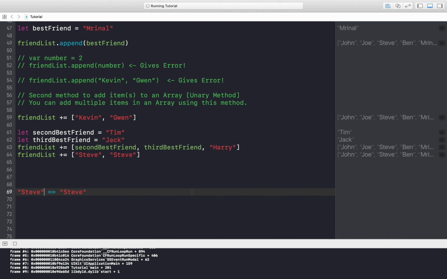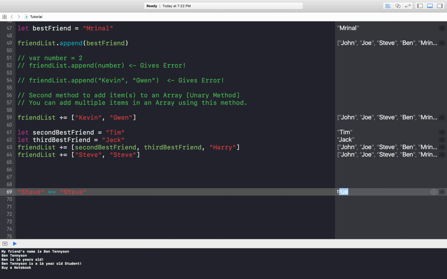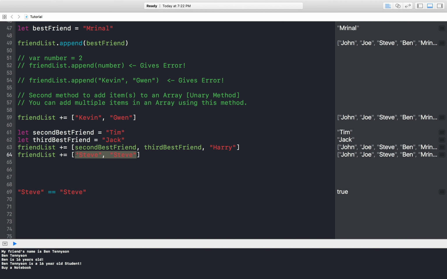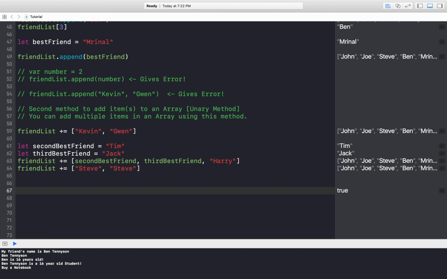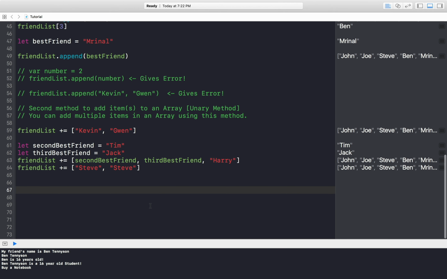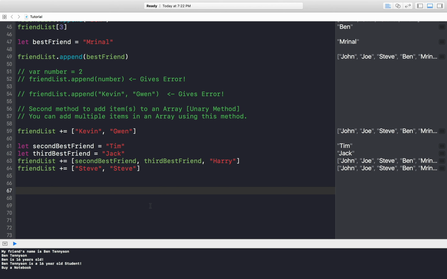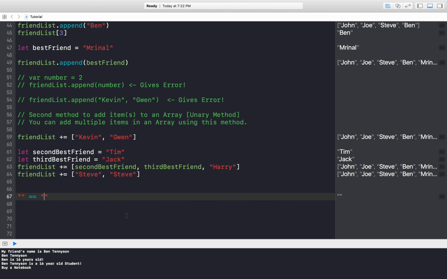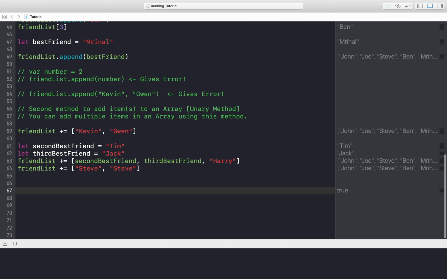So Steve equal Steve, and this is a boolean, so you can see that despite it is true, we can add it to our array. And I'll tell you what that means in future videos, but what that does is actually check: is the thing on the left hand side equal to the thing on the right hand side? And all of this is part of the next topic, which is operators, which I'll tell you when we start that topic. And